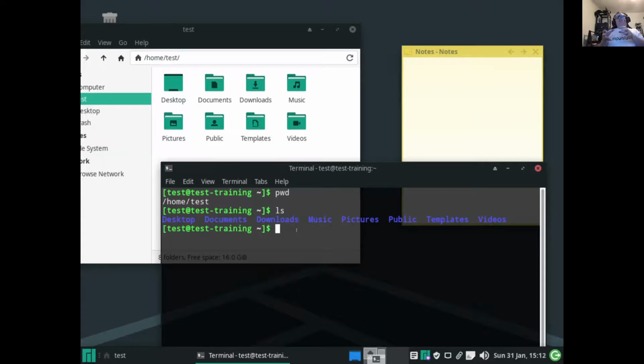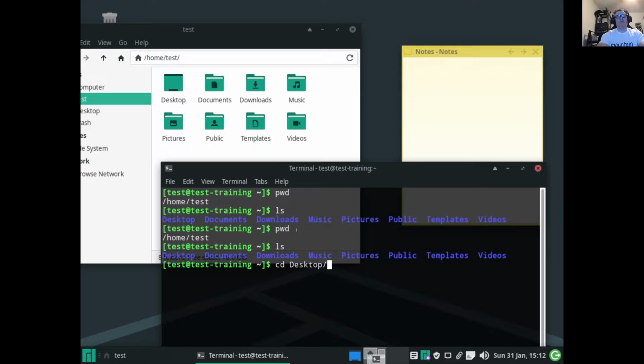Everything that you do within the graphical user interface is 100% available to you, if not more, within the terminal. You just have to learn the commands. So pwd, Papa Whiskey Delta, shows me what directory I'm working in. ls, Lima Sierra, shows me the items within that directory. If I need to move to another directory, I type cd, Charlie Delta, /Desktop,